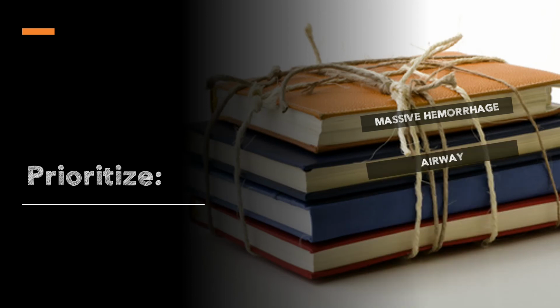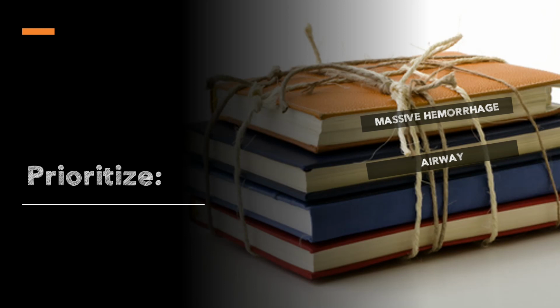Second is airway. Secure the airway. It doesn't matter if it's soiled, suction, secure the airway. If their face is totally distorted, if they have a Le Fort fracture, if they're not recognizable, then airway might be going straight to a crike.